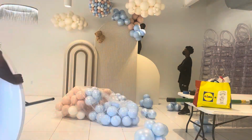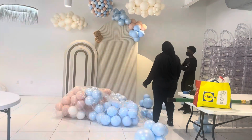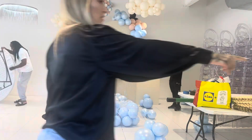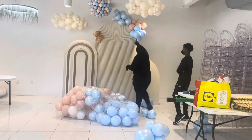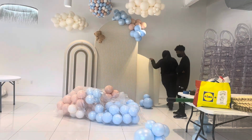That was a cluster of 6 balloons. If you notice, the clusters of 6 balloons are more structured. They have more of a straight line going all the way around, versus the clusters of 8 balloons. They are pretty forward and pretty rounded and not as square shaped. And then the quad, for me, they have like finishing touches. They give you that pointy look, like this one right here